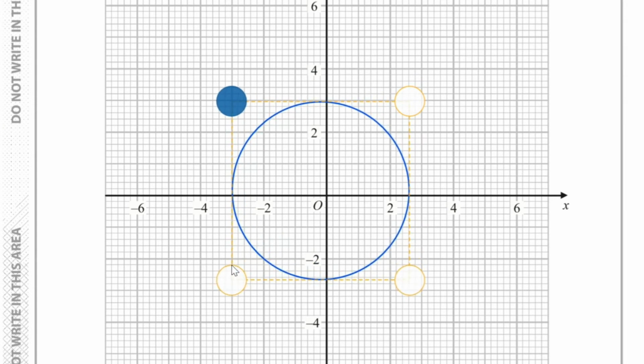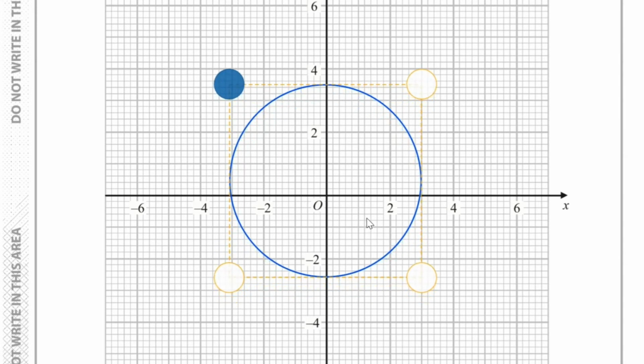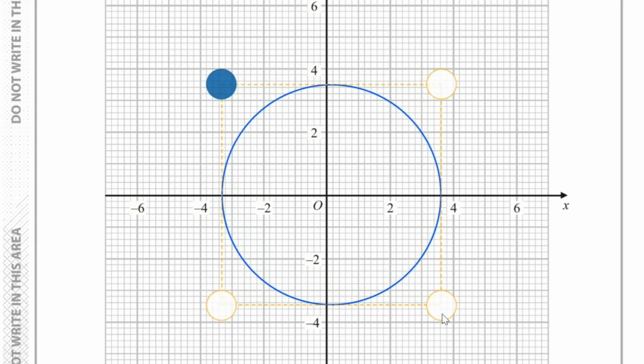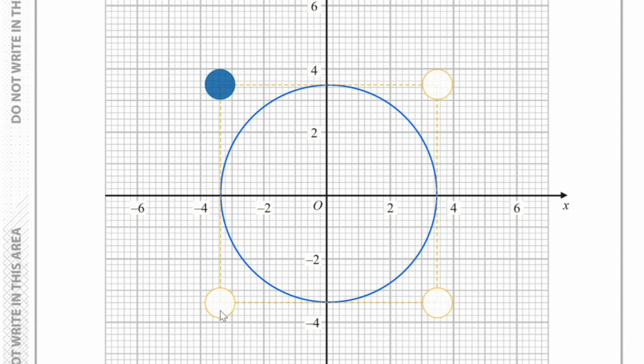So let's stretch this appropriately until we get 3.5. So 3.5 is here, and then finishing this off like so, we have our circle. So I've got the graph x squared plus y squared equals